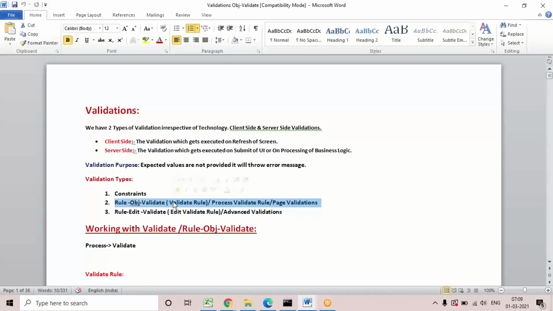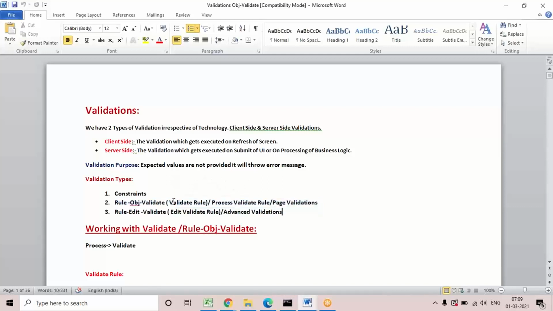Again, for the second design, if you need validation conditions for different properties, you need to open a separate rule. Because we are calling at page level, right? So compulsorily, within that page, only the properties that are there we have to use. Again, validation is not mandatory for all the fields. If there is a requirement, even for one property, you can define it in this validate rule. More than one also you can add in the same rule.